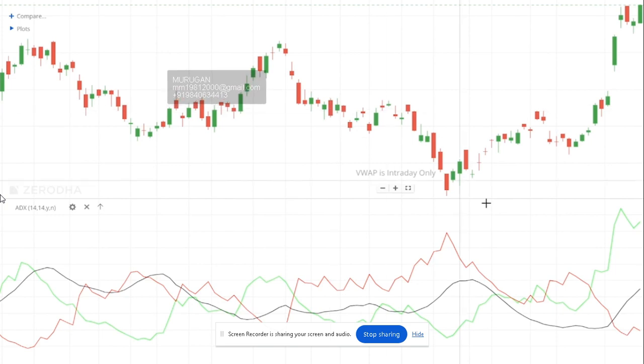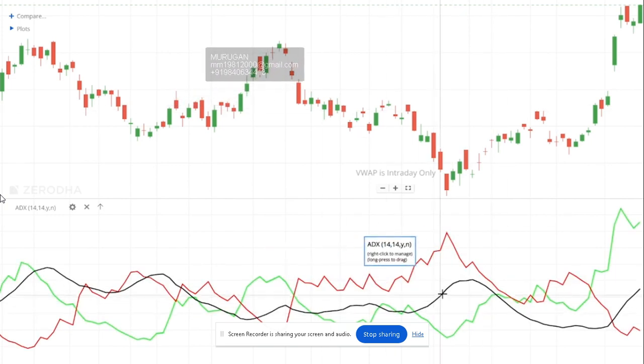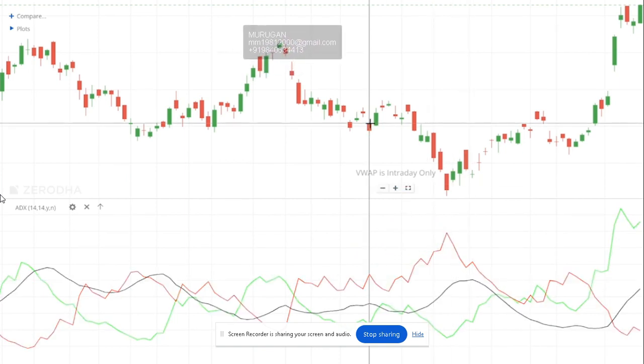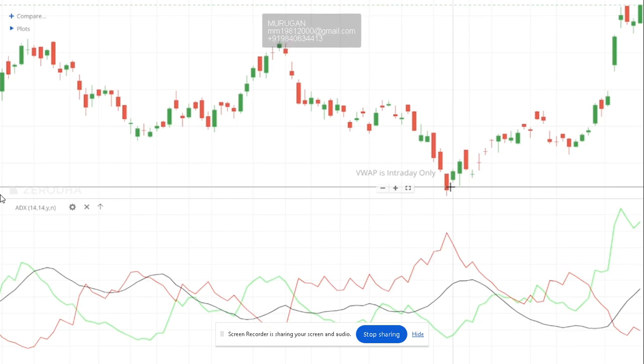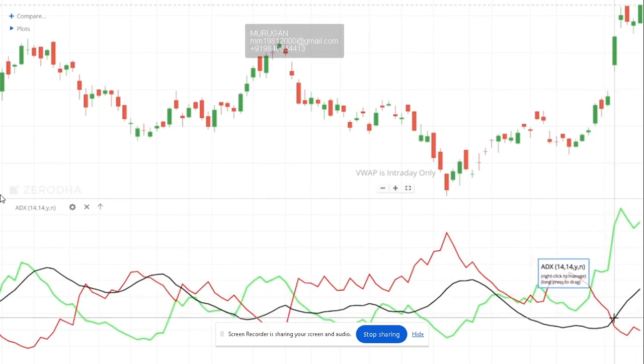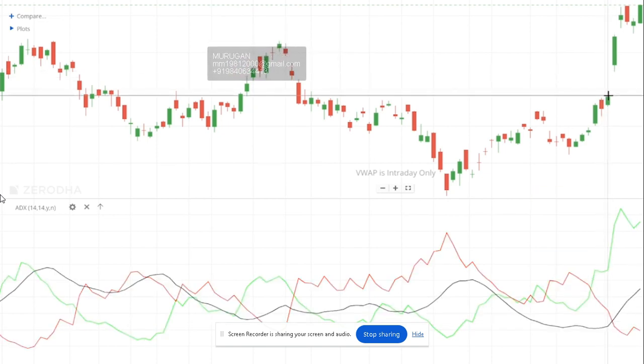And that put option you would have squared up here, because after going up, it's plateauing here. Okay. So if you have bought a put option here, you should have squared it up here. And then here you should have bought a call option. Okay. Somewhere here. Bought a call option, the market is shooting up.